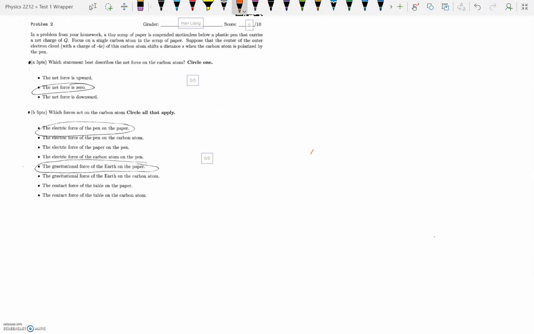so you have your paper with your different carbon atoms, so say it's like a dipole. You have the carbon atom, and they told you that it had a Q equal to -4e. Of course, you have the force of the pen going upwards, and then the force being exerted on the carbon by gravity, so mg. And this gives you the height that was mentioned in the problem, so just making sure